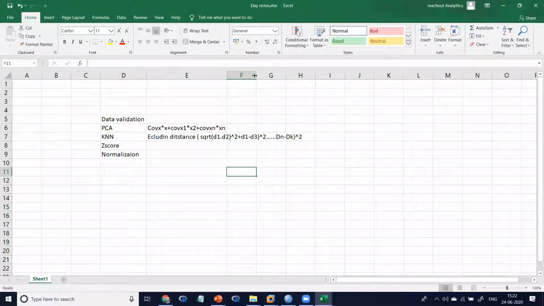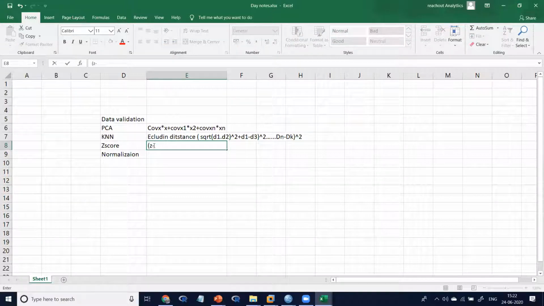It's becoming normalization. Then Z-score is X minus X bar by standard deviation.